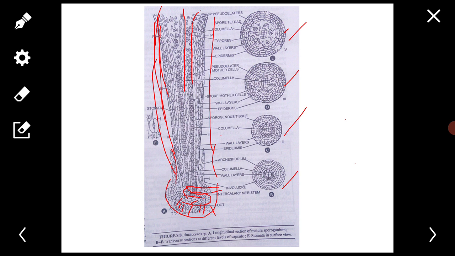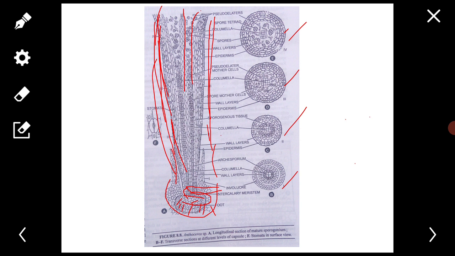At the extreme base of capsule, the wall is single layered. Starting में it is single layered, but it becomes multi layered in the mature region. कि जो ही हम mature region की तरफ जाएंगे, इसकी जो walls हैं वो multi layered में convert हो जाती है. The wall consists of 4 to 6 layers. Outermost layer forms epidermis, consisting of vertically elongated cells. The outer surface of epidermis is coated with thick cuticle at places.